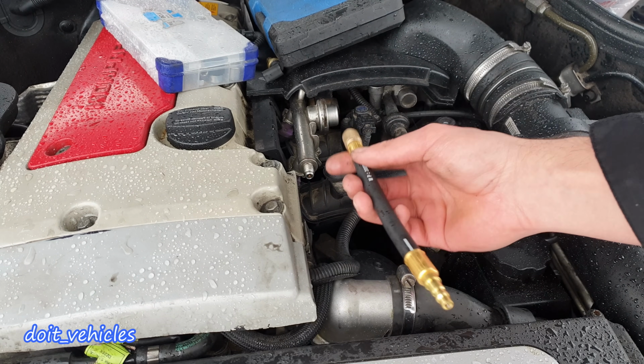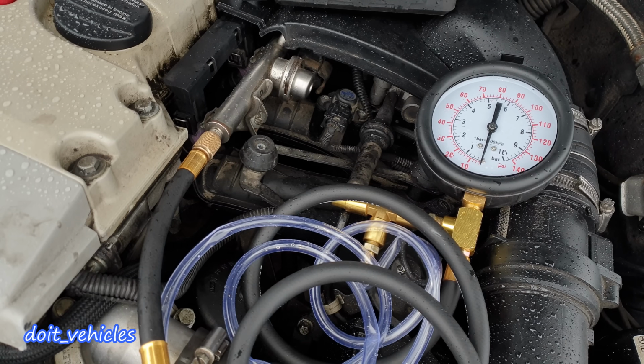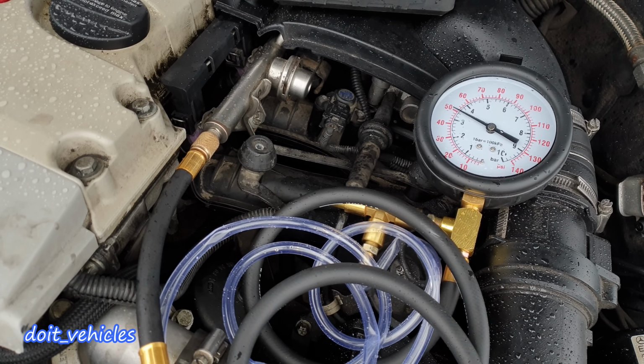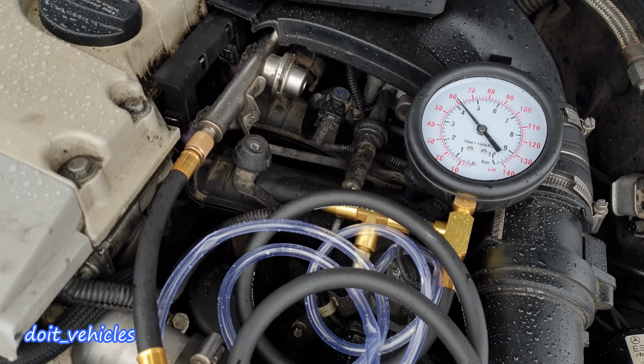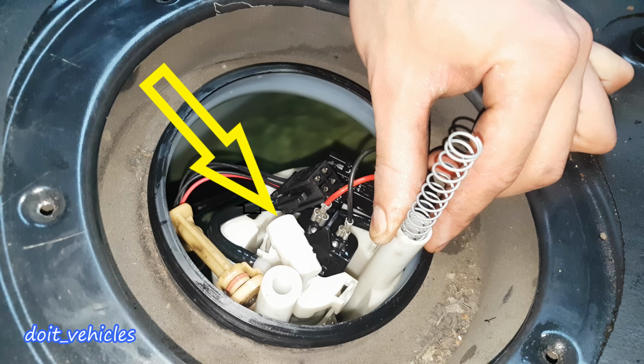So just connect the adapter on and you should read about 50 psi with the engine off and 60 psi with the engine on. If you get very low pressure, you might want to check the pressure at the fuel pump. Just connect the right adapter on the fuel pump output pipe. If the fuel pressure is high, as it should be, around 50 psi, then that's a confirmation of some restriction